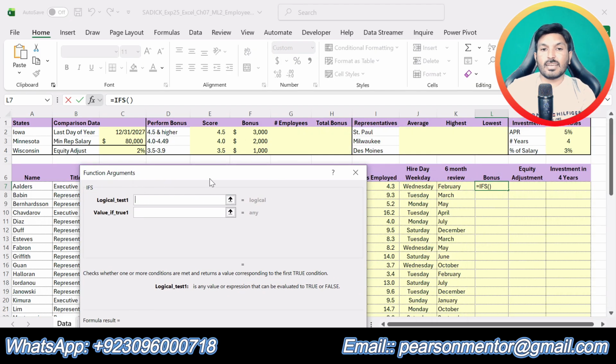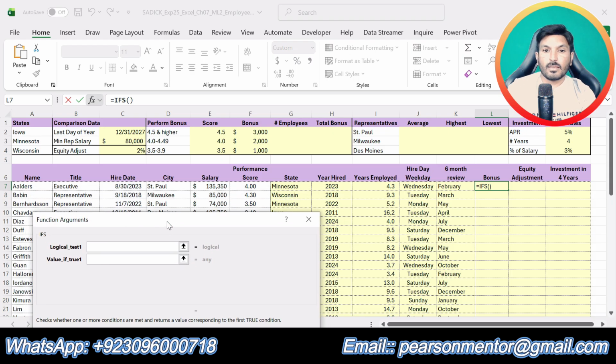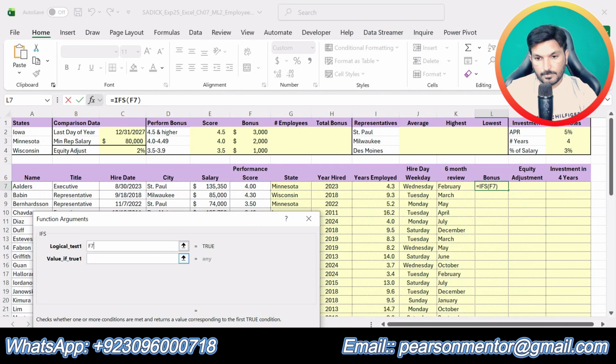So first logic test is if performance score, that is F7, is greater than E2, okay, and we will use the mixed reference.